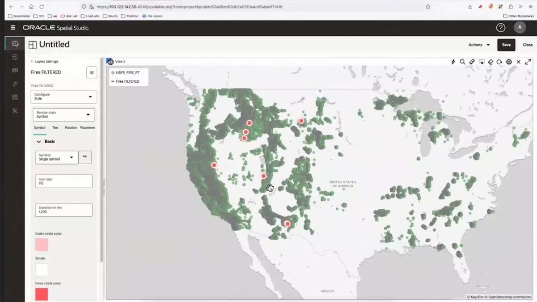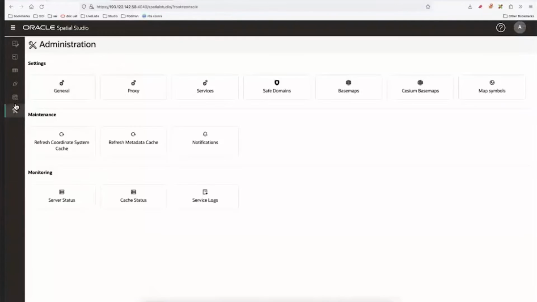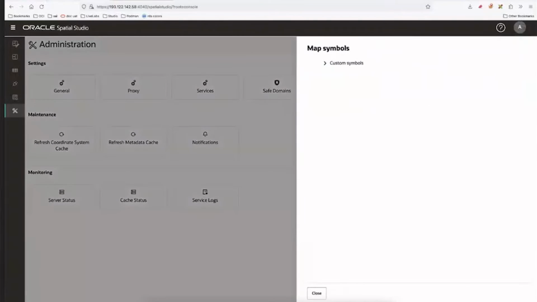To continue the same theme about how you visualize items, the other thing that's new when it comes to markers is custom map symbols, meaning you want to add your own. So if I go to map symbols, in custom map symbols, you can see I've got a few here that I've already loaded, but I will load another one. So let me load a little fire icon like this. This is just a PNG file